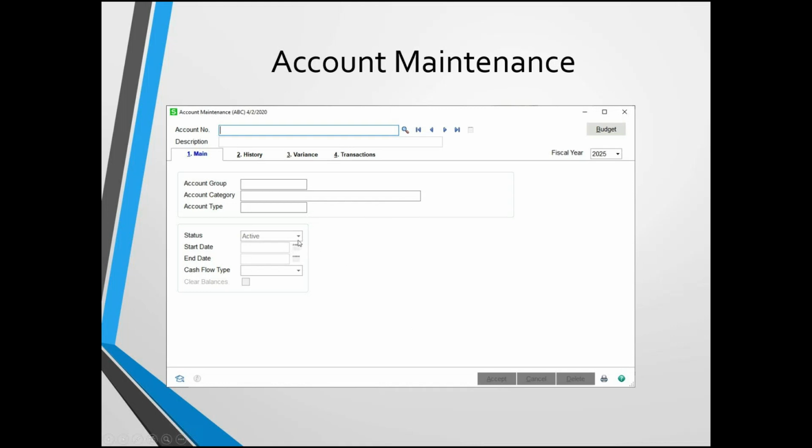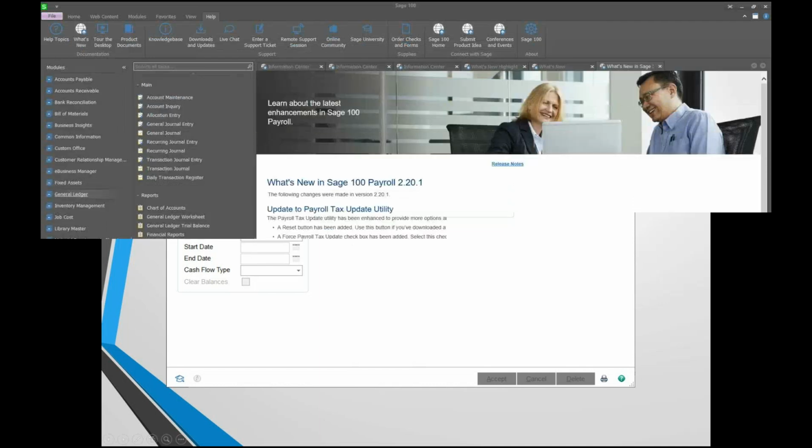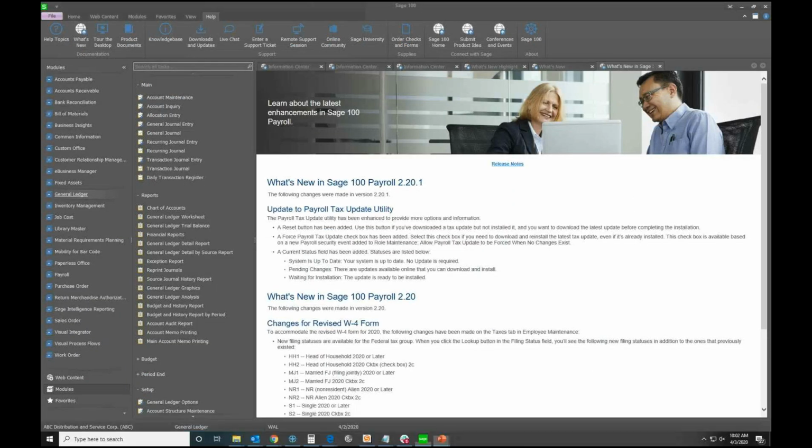It's going to show if it's an active or inactive GL. You could enter a start date or an end date, and you have the option to create a cash flow type. Also, there's the clear balances. The clear balances is going to be if it's a non-financial GL. If you wanted to clear at the end of the fiscal year, then you'll check this box and it'll revert back to zero after. So I'm going to go into Sage and show you what account maintenance looks like and